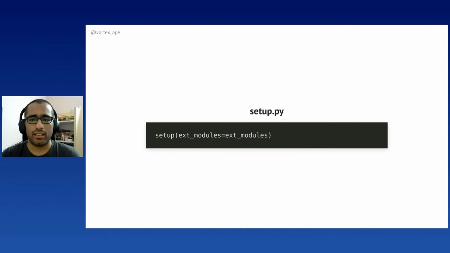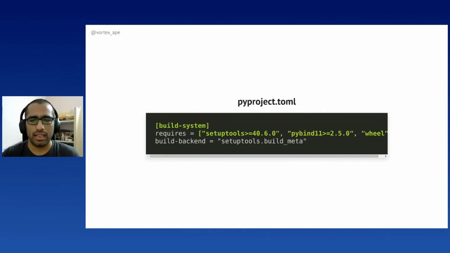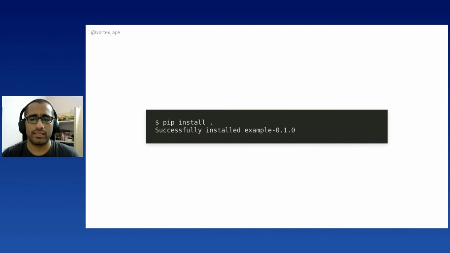In the setup.py, again, we call the setup function with the ext modules list. And finally, we need to create a pyproject.toml, where we define all our build requirements so that pip can install and use pybind11 at build time. We also need to set setuptools as a build backend. Finally, when we install our extension module using pip, it'll then use setuptools to build it and install it